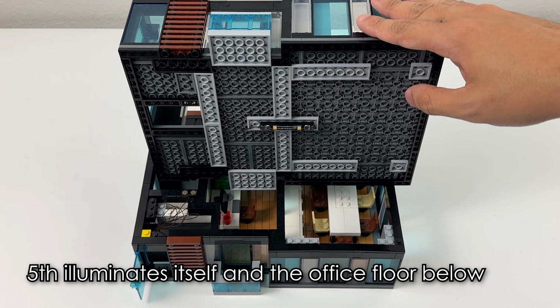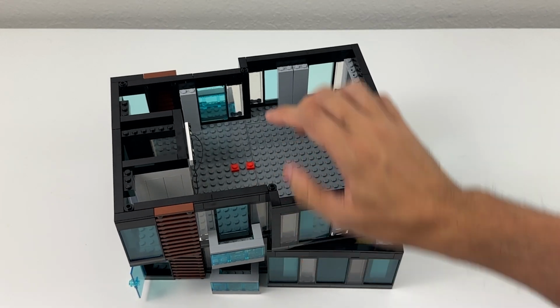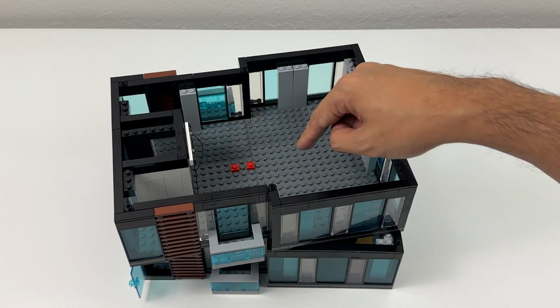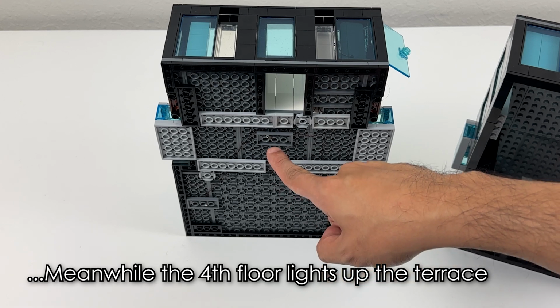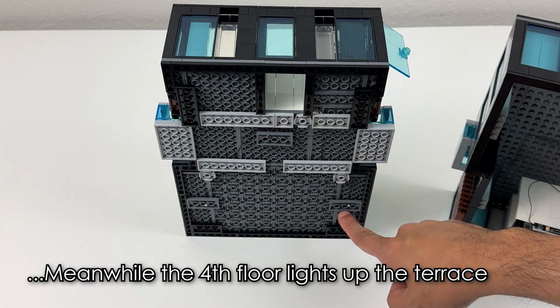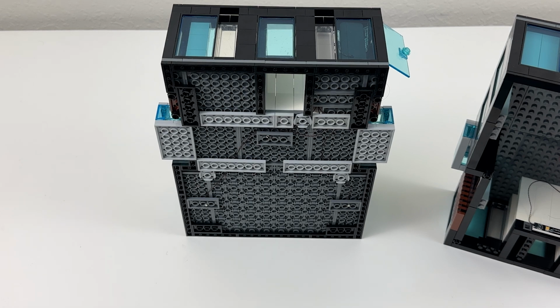This is the 5th floor, which has the lights for the 4th floor, and also LED lights on the 5th floor, this unfinished floor. Underneath the office floor, I have 3 LED bit lights here, here, and here to power the 3rd floor terrace. So when I put it together,